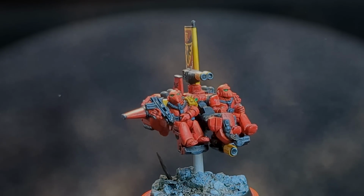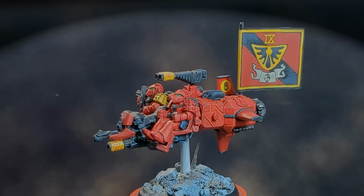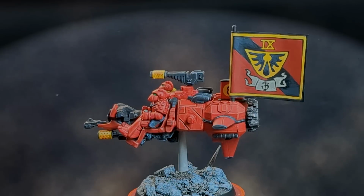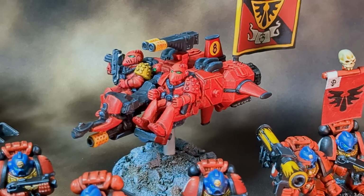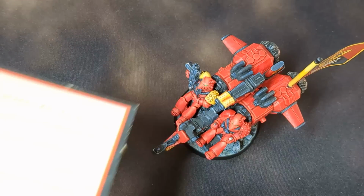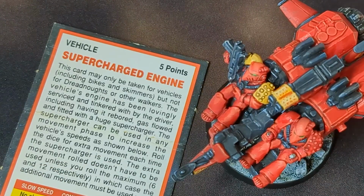Overall, I'm happy with how this turned out, although the Baal Red contrast paint was probably not the right way to go, and perhaps with hindsight I should have given it a more traditional base coat like I did on my Rhino. So it won't be winning any painting competitions, but it's visually interesting, will look decent on the tabletop, and most importantly, fits nicely into my growing Blood Angel force. Oh, and given its massive engine, it just has to come equipped with the Supercharged Engine War Gear card as